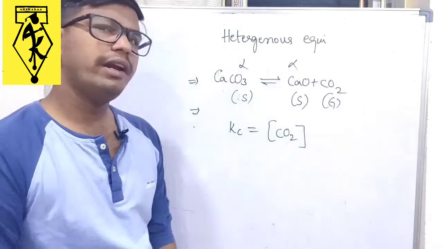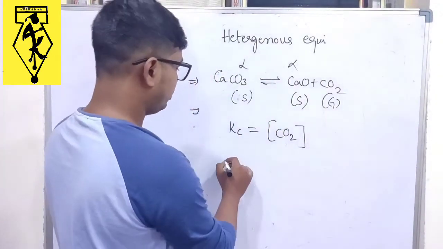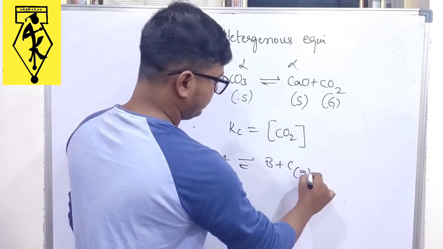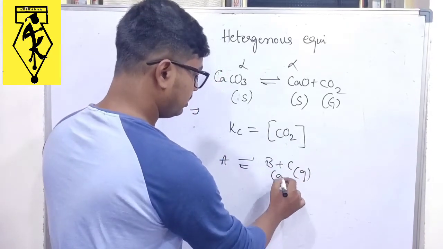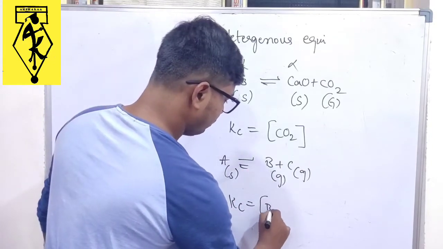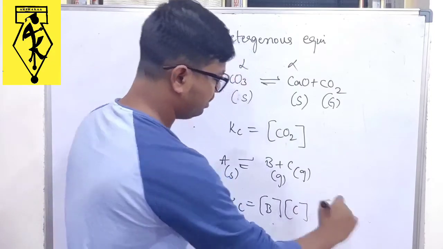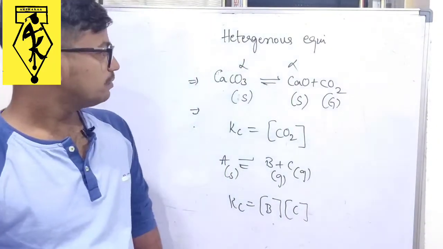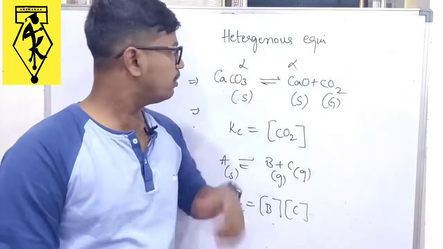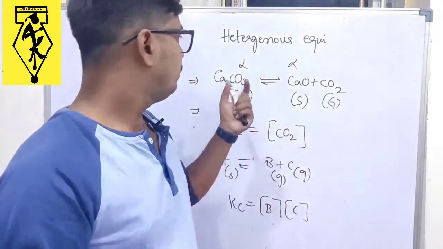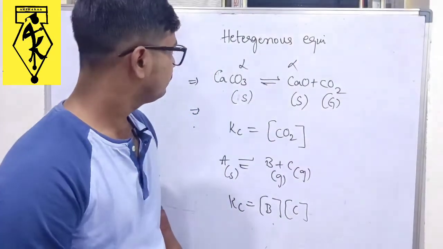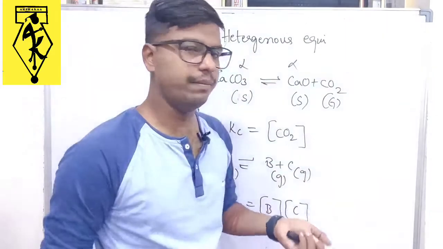That means if any reaction A is decomposing into B plus C, and C is itself gas, and B is also considered gas while A is solid, then Kc would be equal to concentration of B and concentration of C. That is the criteria here. Okay, so this is for the heterogeneous equilibrium. There is nothing much to discuss about it. So while solving problems, we will take the number of moles and we will establish a clear relationship, right? So this is about the heterogeneous equilibrium.